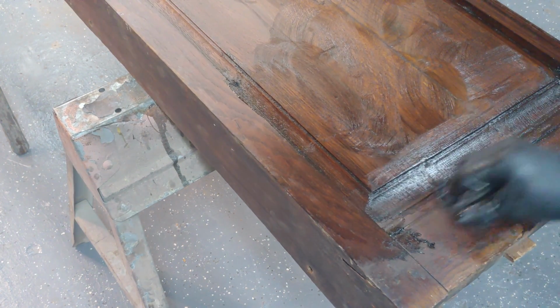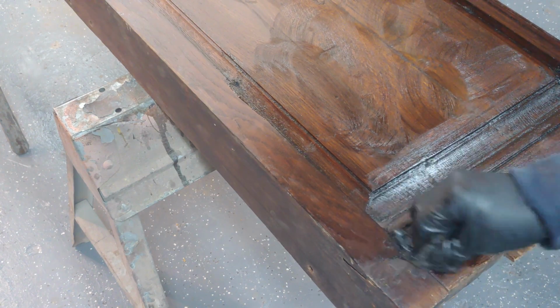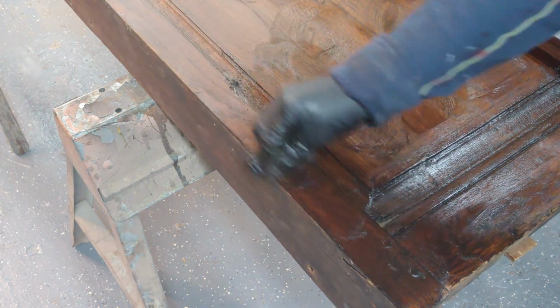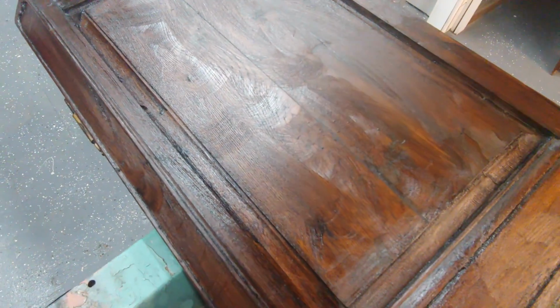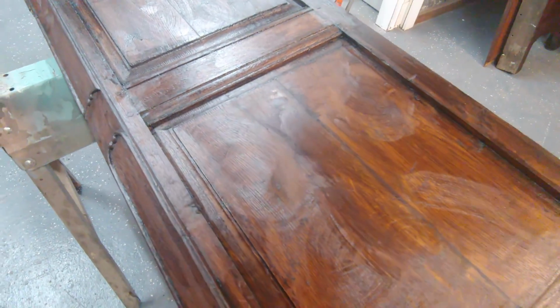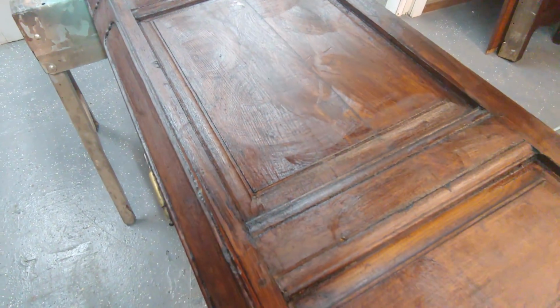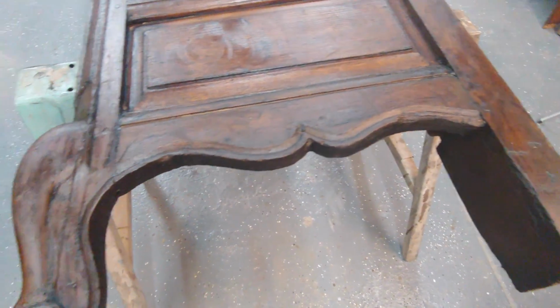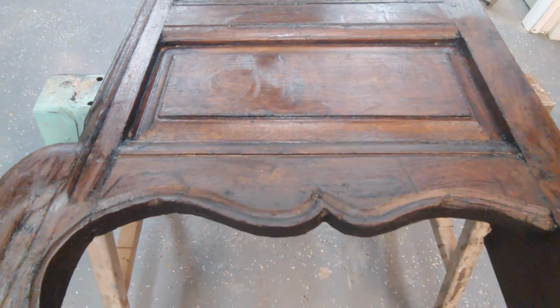So there's a great story behind it. I won't bore you with that, but it's very sentimental to our clients. So what they wanted is for it to just be in good condition, and they wanted it to look nice and presentable. When they had gotten it before from a family member overseas, when they tried to